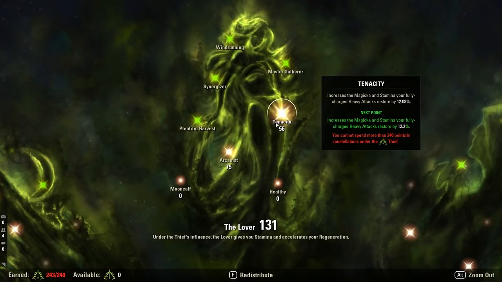I mean, whether or not you want to use this as a tank, you generally don't want to drop block that much, and if you do, it's for key moments. I'm not really sure if tanks are going to find much benefit out of this. I think that tanks could find their points put in better places, but Tenacity is basically...